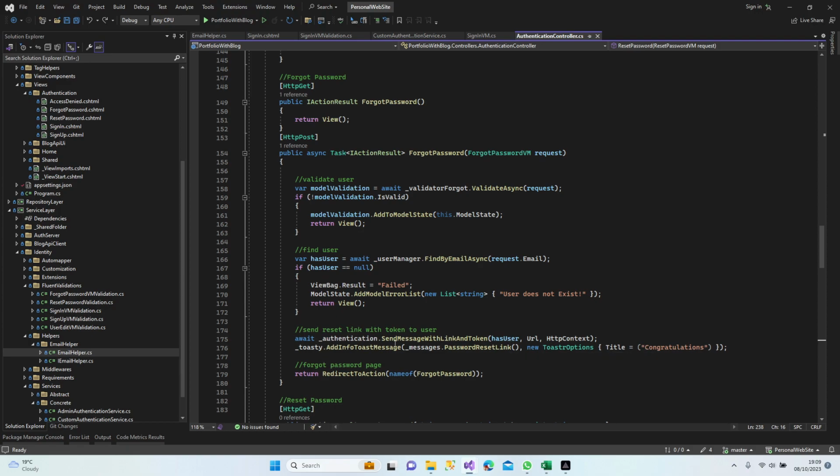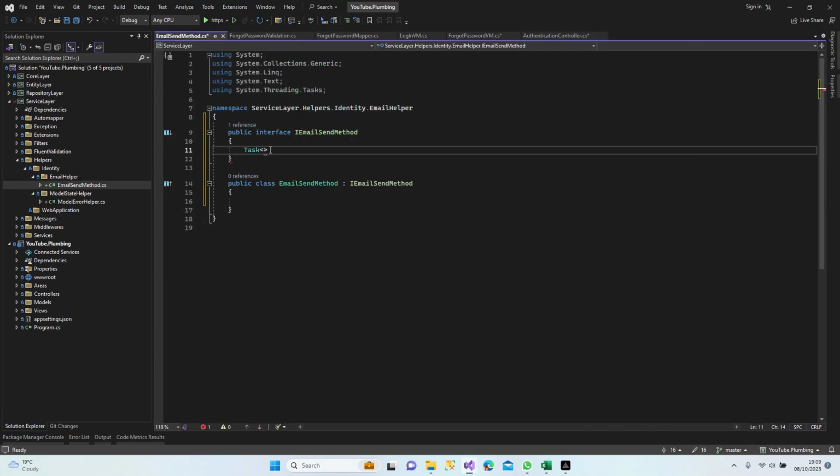Send message token. We're not returning anything. Yeah, it's just sending a reset link. Okay, so we don't have anything. Just leave it like Task and SendResetPasswordLink